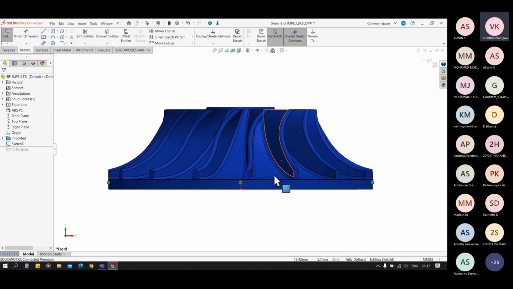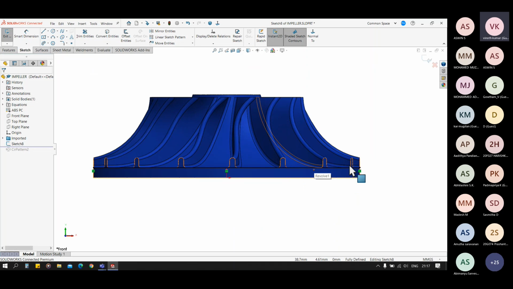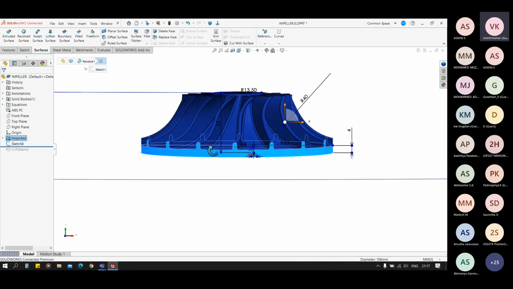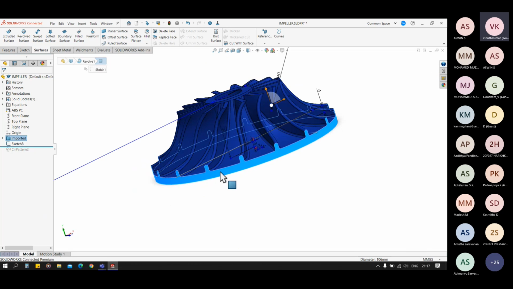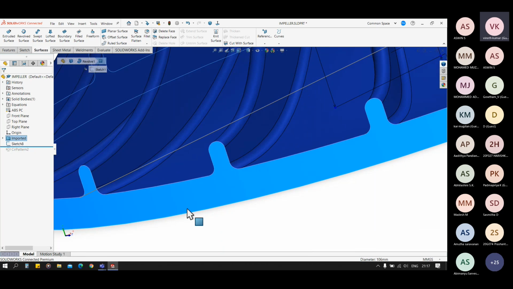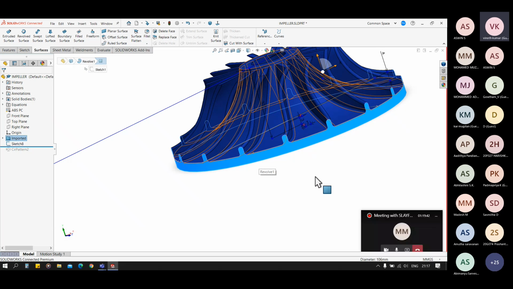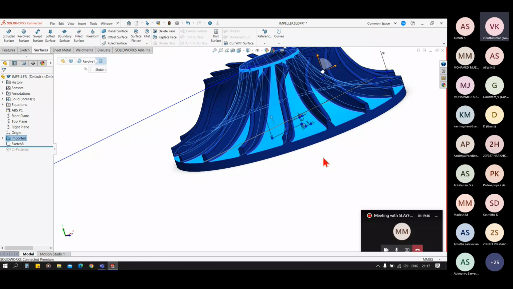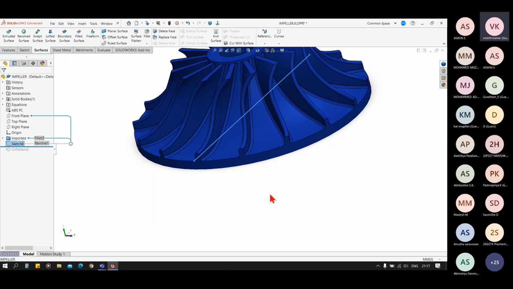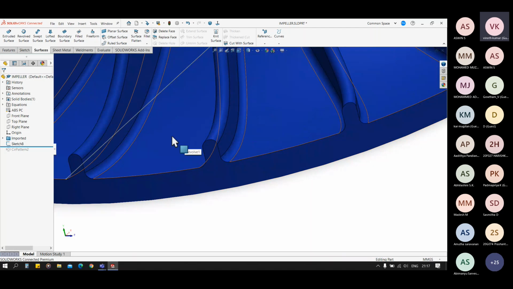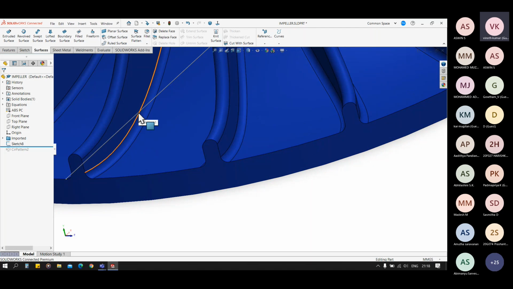You can see currently this face is uniform and this upper part is attached to the bottom part. Now what we will do, we will project this line, means this sketch, on this circular face, and that split line will break this surface into two.